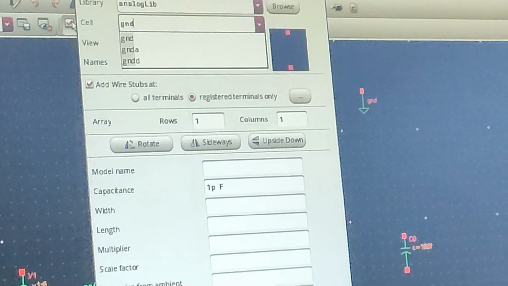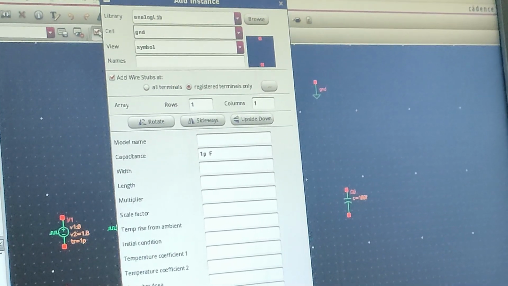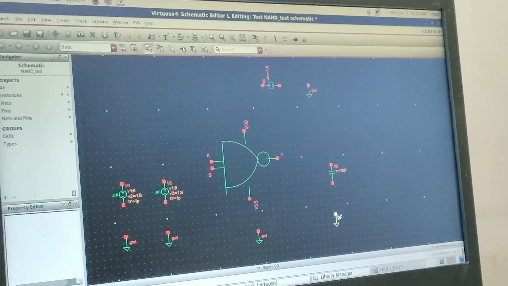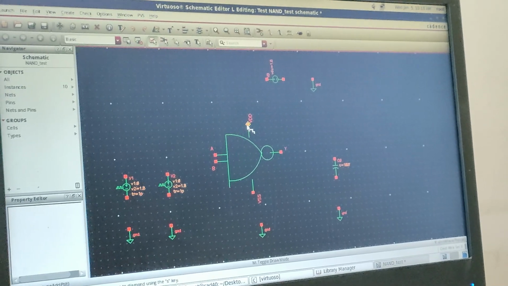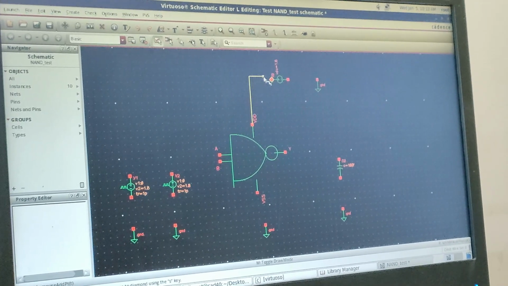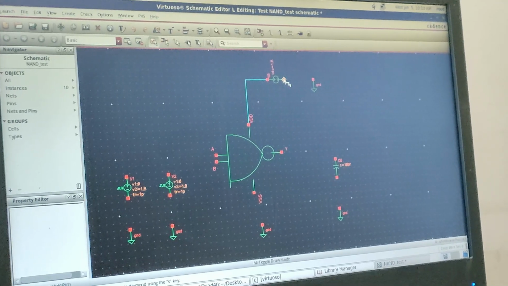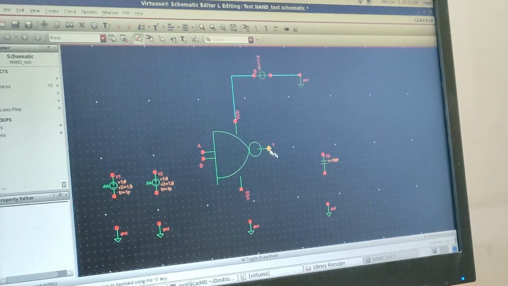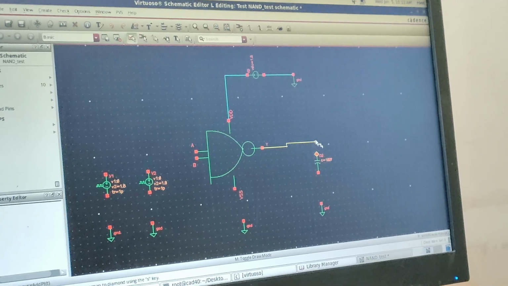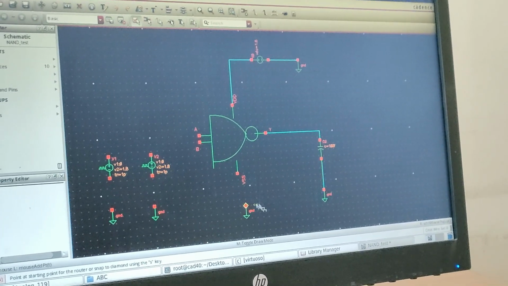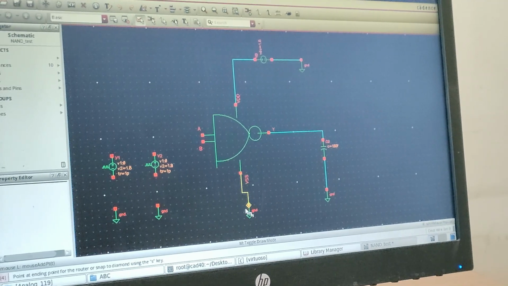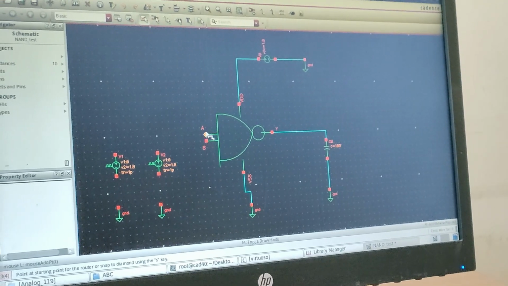Then complete the connections as given in the circuit, that is using the option wire. Create wire from VDD to positive of supply voltage and negative of supply voltage to ground, and output Y to one end of capacitor, at the other end of capacitor to ground, and VSS to ground, and